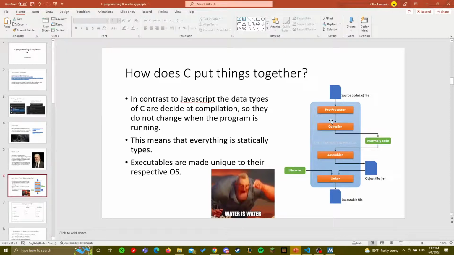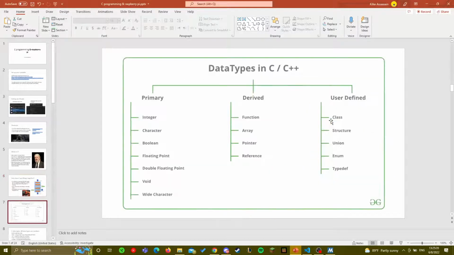Since we do have a compiler, there is no funkiness with data types. Water is water. It's all the same, whatever you declare it as, it should stay consistent. That's one of the things that people want to do a lot of testing for in JavaScript, because you test all the edge cases in case it changes, since it's all at runtime. Runtime meaning when the program is running, it's decided what data type it is.